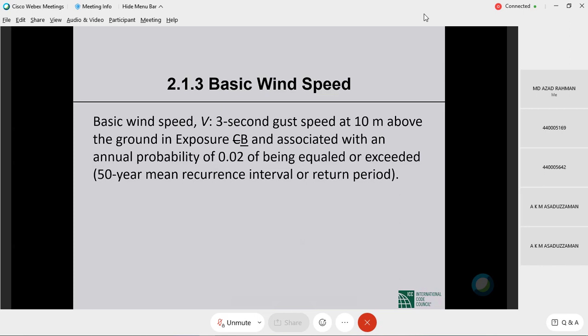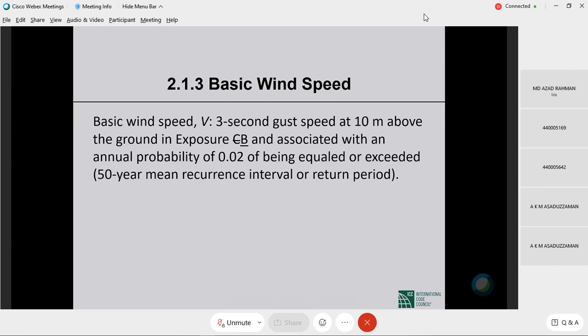What is the roughness of the ground? That's where this exposure B comes in. Okay, the exposure B is flat open country for now. Wind velocities are typically measured at airports, which is typically flat open country, and that's where that comes from. And then 50-year return period means this is a velocity that is expected to occur once in 50 years in